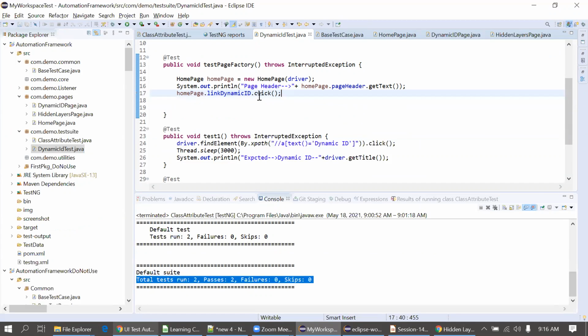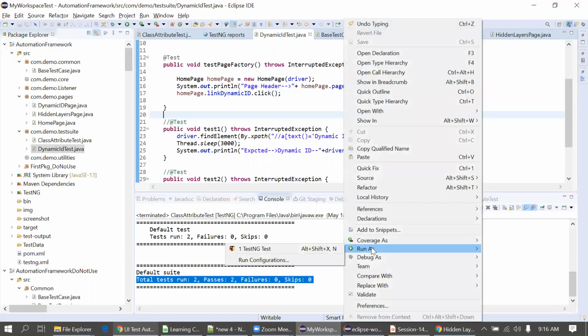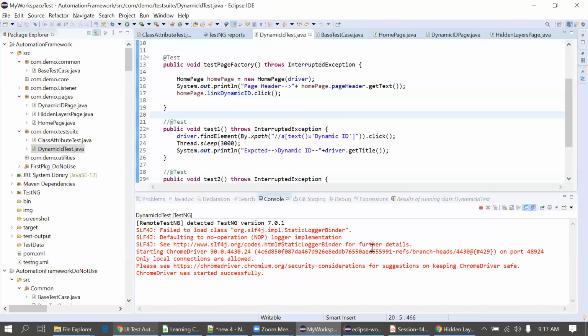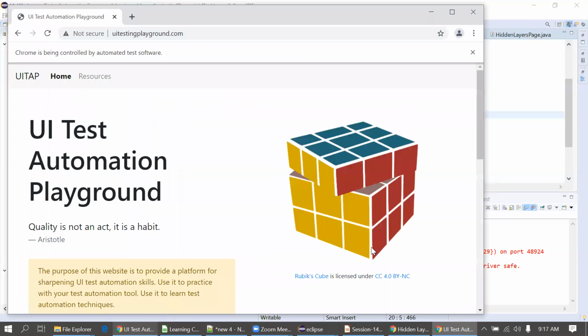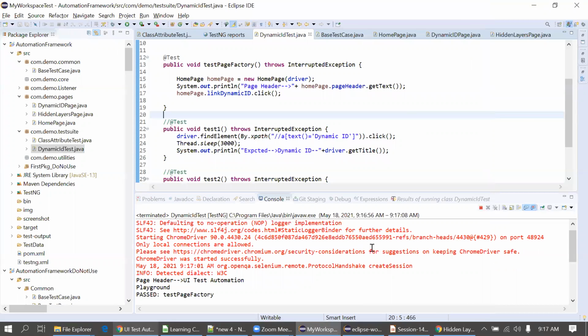I will not verify anything here. Now I will just comment the previous test cases. Now I'll execute this code. Page opened. It clicked on the dynamic ID and closed.